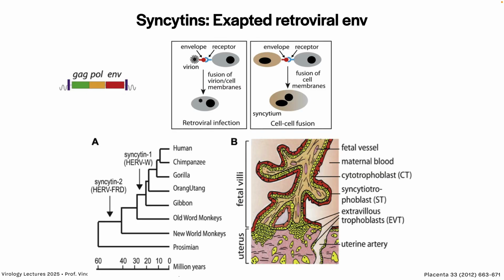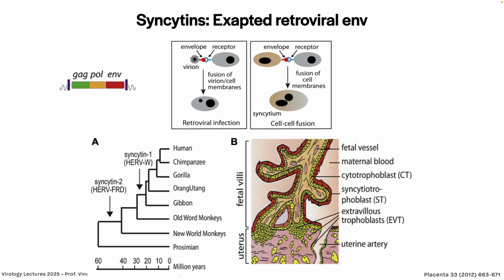But there are wonderful examples of the use of these retroviral proteins for our biology. And syncytin is a great example. So the placenta is made by having an outer layer of fused cells called syncytiotrophoblasts, ST, that's the red here, to divide the maternal and the fetal circulation. So here's the maternal blood on the outside, the fetal vessels are here. These are very important for keeping the two separate. Those form due to a protein called syncytin, which is a former retrovirus envelope protein.